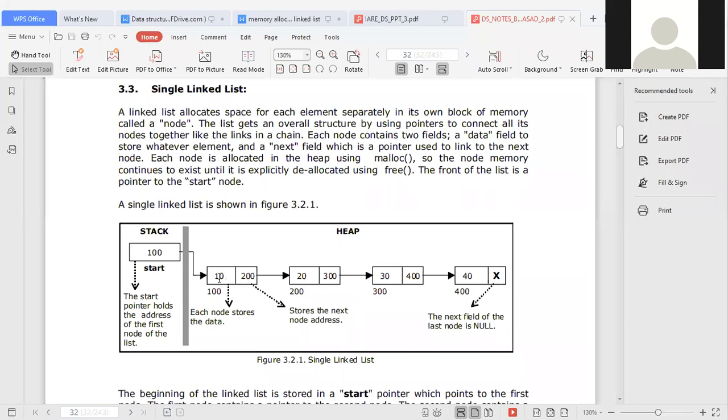Two parts అనుకుంటే two fields అనుకుందాం పోనీ. One is data field and the other one is next address field. So next address field లో ఇక్కడ ఏముంది? What is the value? Sir, next address field 200. ఇక్కడ ఏముంది? 200. That means 200 node ఏది? అంటే a node which was stored at memory location 200. ఇదేనా? Yes, sir. That's why a link is provided from first address field to the next node.